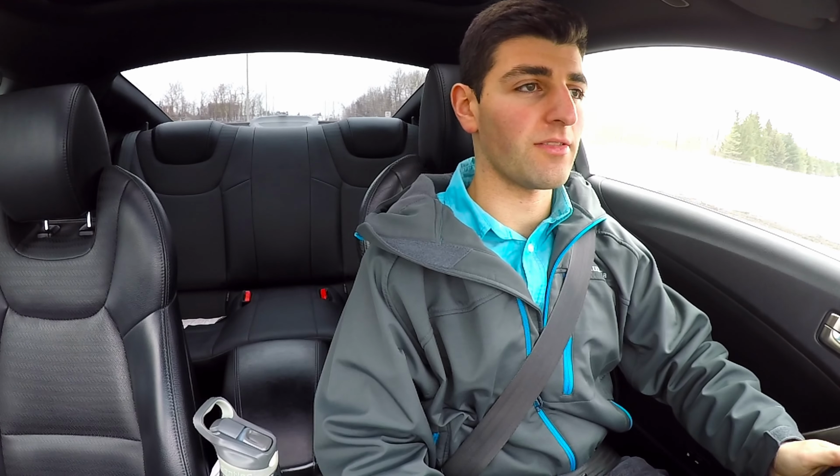While the Genesis Coupe is an amazing value sports car, there are a few problems with the build quality of this car, in my experience owning this car over the last 12 months. The first thing I noticed when I got the car was that the steering wheel immediately started fading